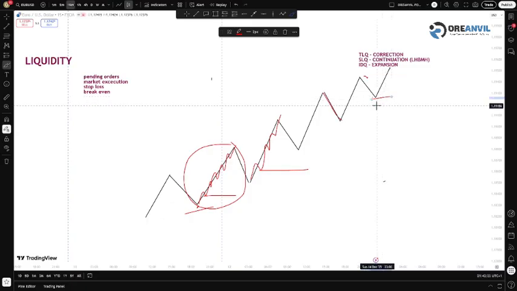Does that answer your question? Yes, sir. Okay, that's good. So I mentioned that initially here was our inducement liquidity, but it's no longer our inducement liquidity because we have a new lower high sitting here. But the fact that we have a new lower high sitting here as our inducement liquidity